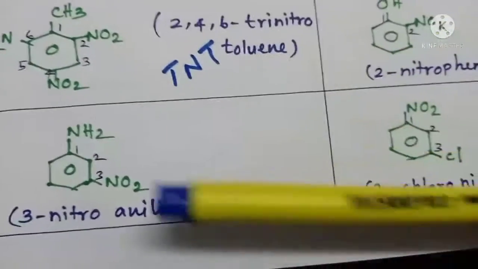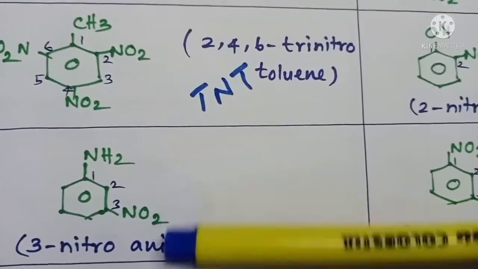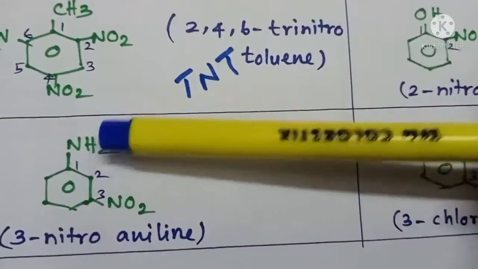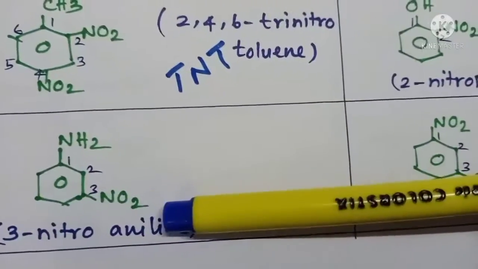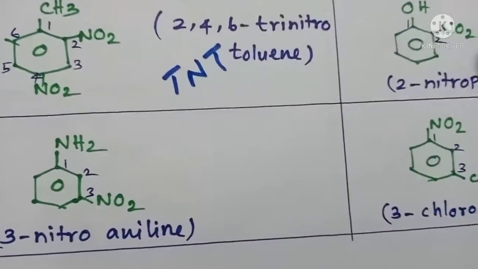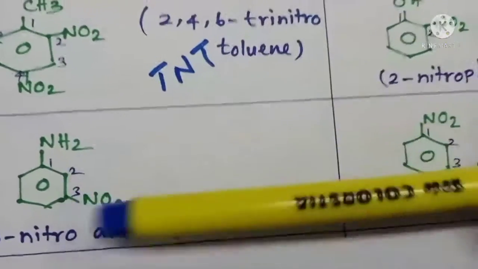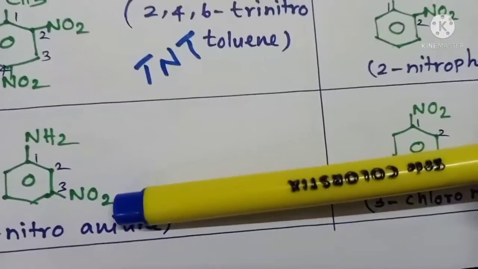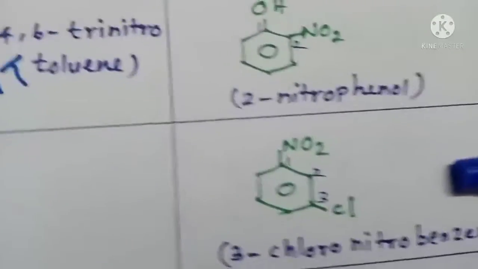Now the next one, benzene with an amino group. NH2 is nothing but the amino group, and an NO2 group, isn't it? Here, benzene with NH2 you have to consider as the parental compound. Benzene with an NH2 group is nothing but aniline. It has an NO2 group, so nitroaniline. While numbering, the nitro carbon gets 3, so 3-nitroaniline. Like 2-nitrophenol, the previous one, likewise this is nitroaniline. Benzene with NH2 is the parental compound, and the nitro group is a substituent, so 3-nitroaniline.